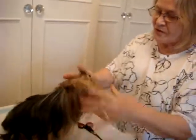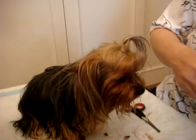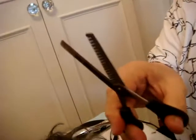I'm going to just try to show you how to do his eyes now. I have a clip of scissors like this that is actually for humans, but it's okay. It's a thinning shears. And what I do,